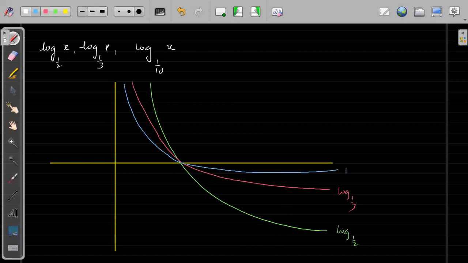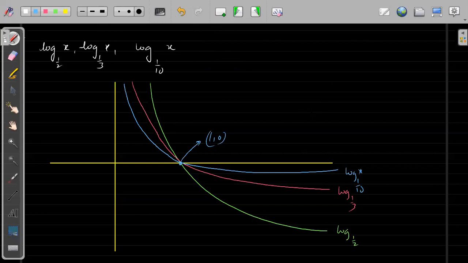Very good. So this is your simply log base 1 by 10. Everybody understood this part? See, again, all of them are passing through which point? 1, comma 0. Because log base 1 by 10 of 1 will be again 0. Okay. So this was the graphical approach of seeing the log function. So I hope now log is okay for everyone. Log function and log curve is okay for everyone.